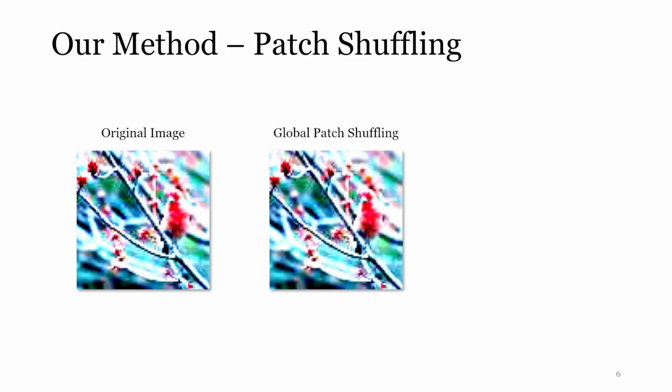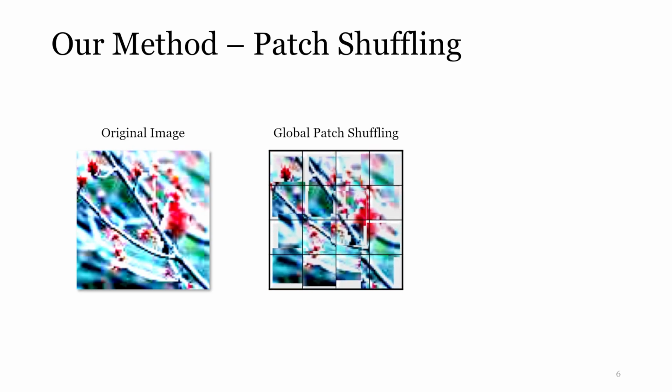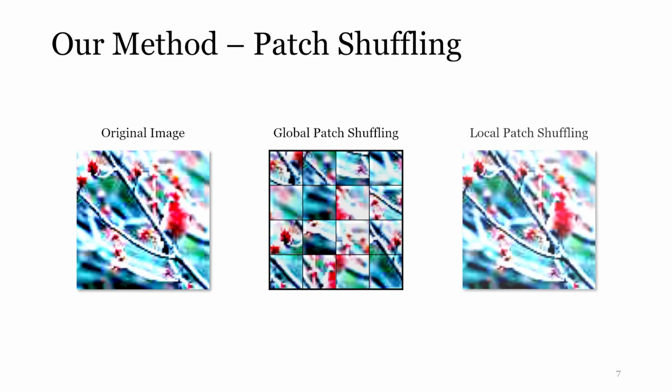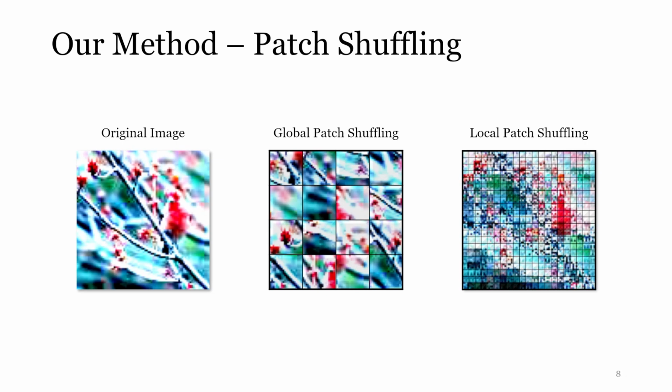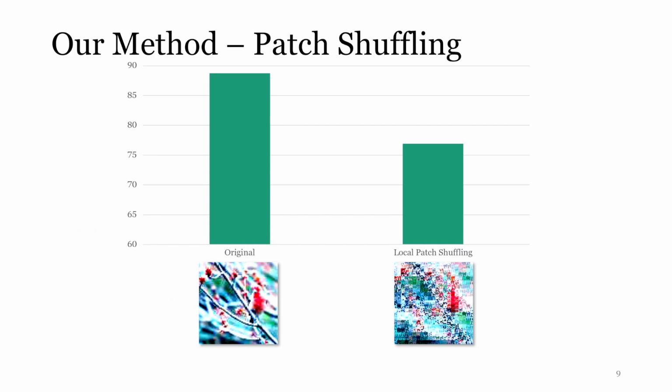In order to evaluate the dependency on spatial inductive biases, we designed two types of patch shuffling to destroy certain information. For global patch shuffling, we divide the image into patches and then shuffle them to destroy global structure. For local patch shuffling, we also divide the images into patches, then shuffle the pixels in each patch with the same permutation to destroy local structure. We quantify the dependency on a certain inductive bias by the performance drop after training on a dataset where such information was destroyed for all the images.